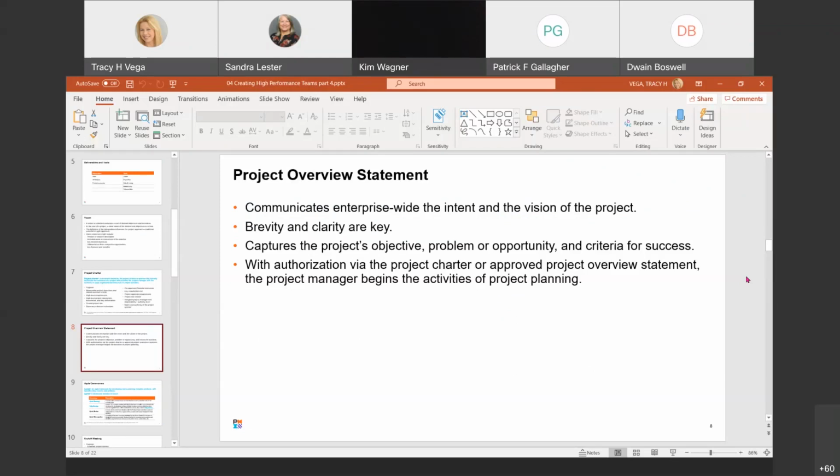Ideally, the project manager is selected while the charter is being developed, and that's the best scenario. It can be developed by a sponsor or a project manager, but always prior to the project planning. Early engagement between the sponsor and the project manager ensures an understanding of the project, the objectives, and the desired stakeholder benefits, so everybody knows what's going on. By providing a charter, the organization explicitly permits the creation of the project and allows for the resources that will enable you to plan, execute, and control the project.